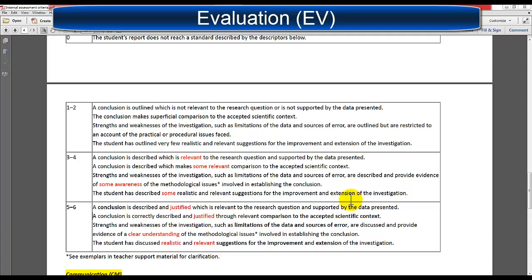Next, it is one of the very important parts where you have to compare your conclusion with the accepted scientific context. And you can see in this band, the highest band says it has to be justified, while the middle band is just saying some relevant. So whether or not it is closely linked with the literature that you'll find in the background research will be